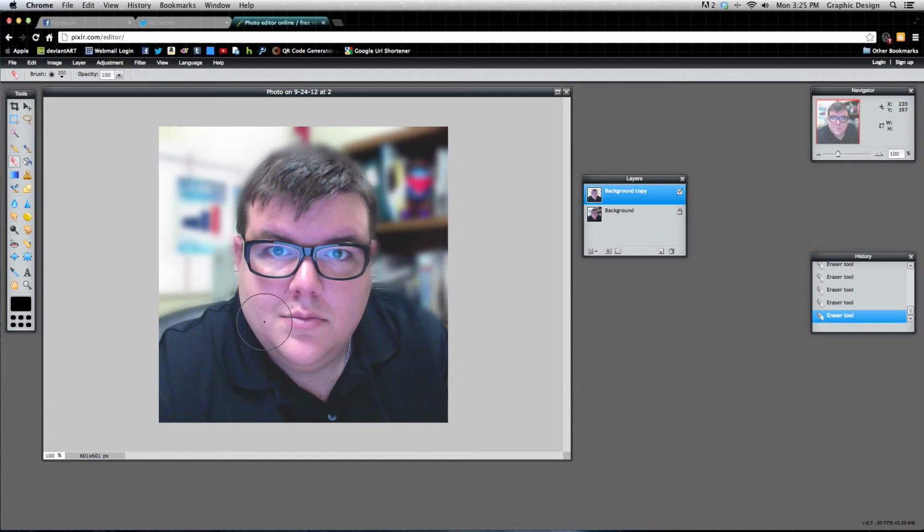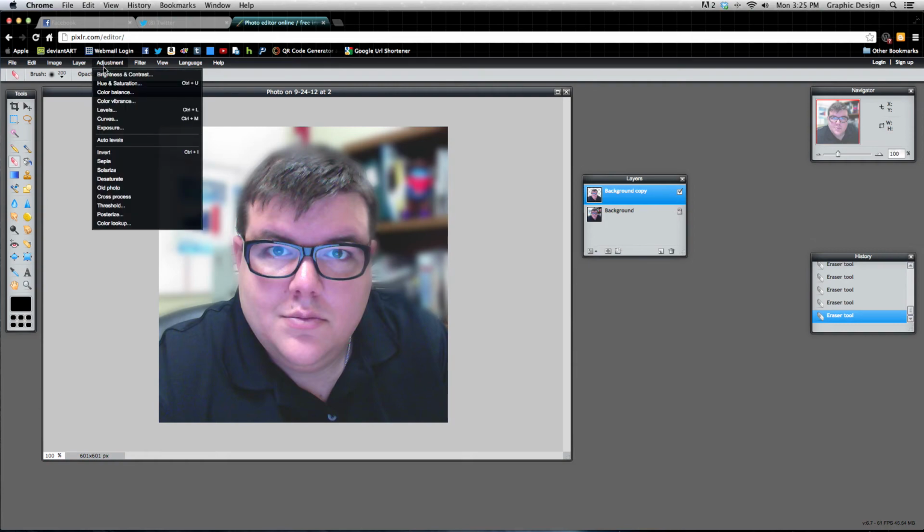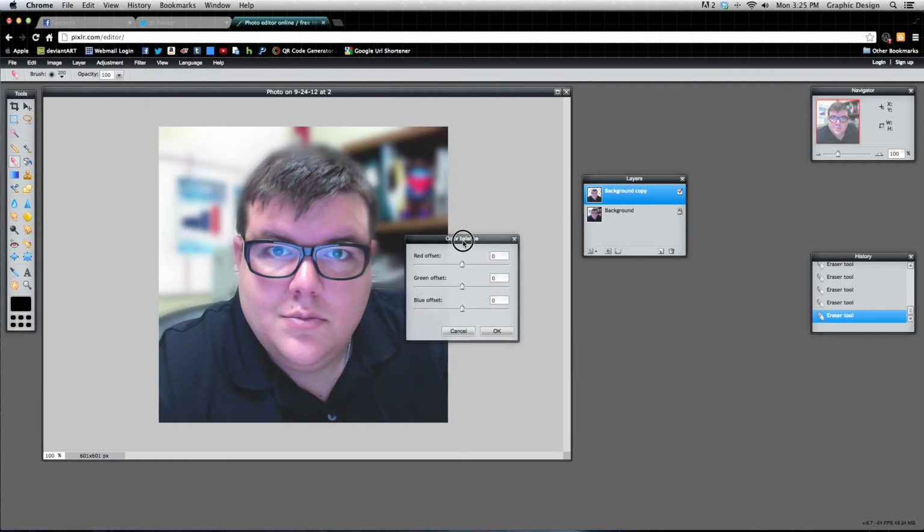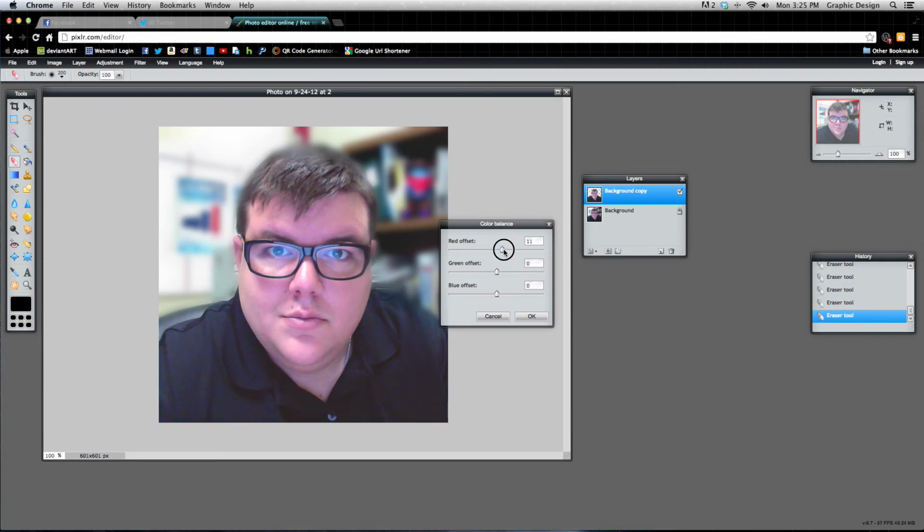The only other thing that maybe I would change on this particular photo is the color is a little off. So I can go to adjustment, color balance. Then this you almost just have to kind of eyeball it, but I'm going to move these colors until it looks good. If I go one way a little bit too much, that's too blue, that's too yellow, so I just find the in-between and hit OK. Now I'm at an image that I like,